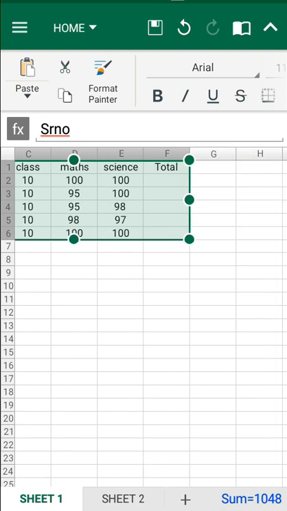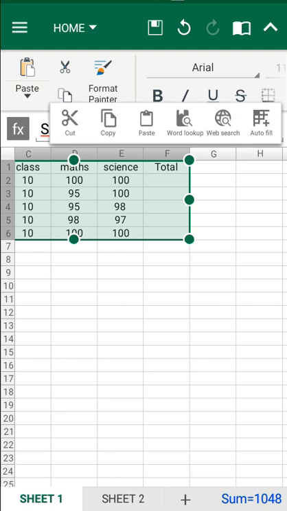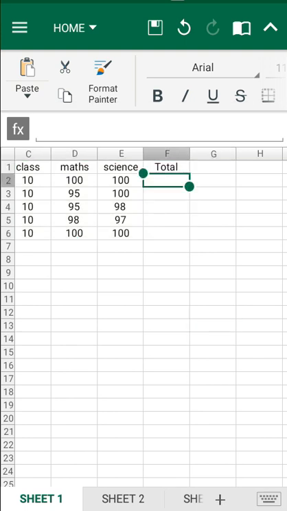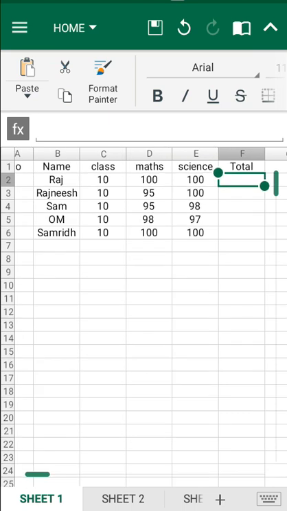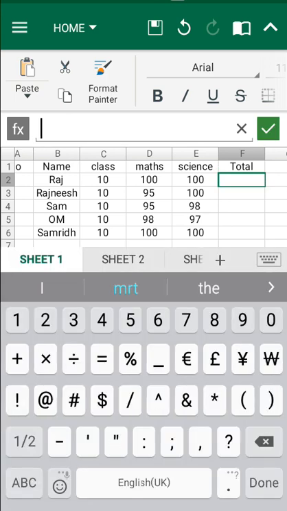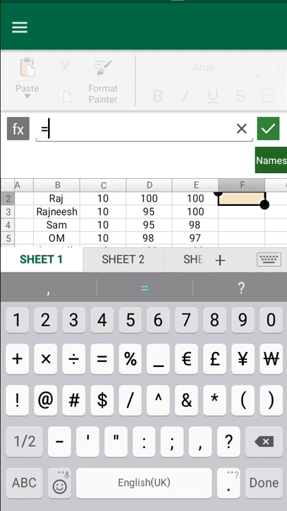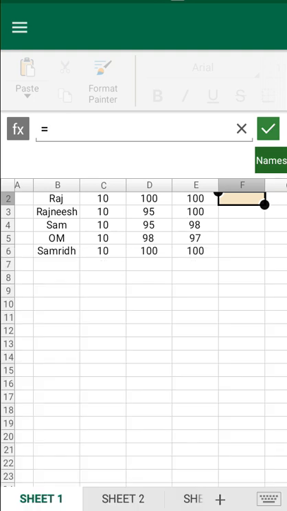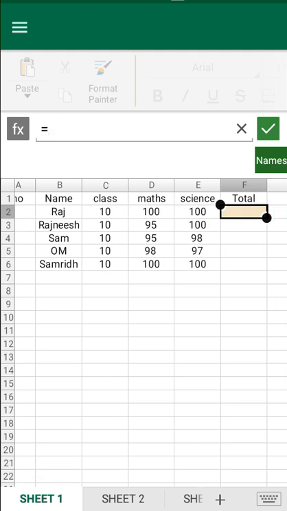Now if I want to calculate the total, the sum, in Excel, whatever activity I perform, either addition, subtraction, or multiplication, I have to perform it with a formula. If I want to enter a formula in Excel, I have to put an equal to sign. Equal to, so that the user calculates something, and then the range from where I want to calculate it.